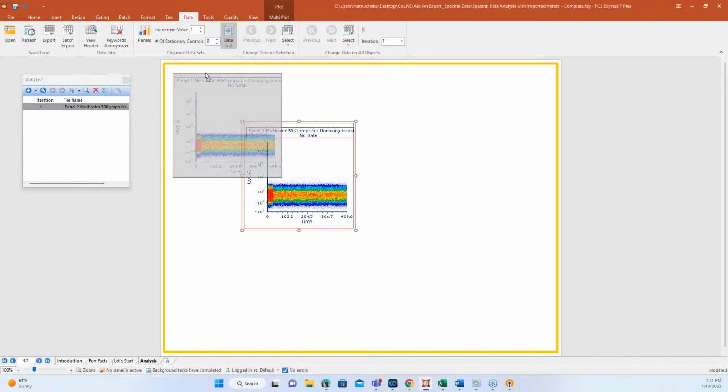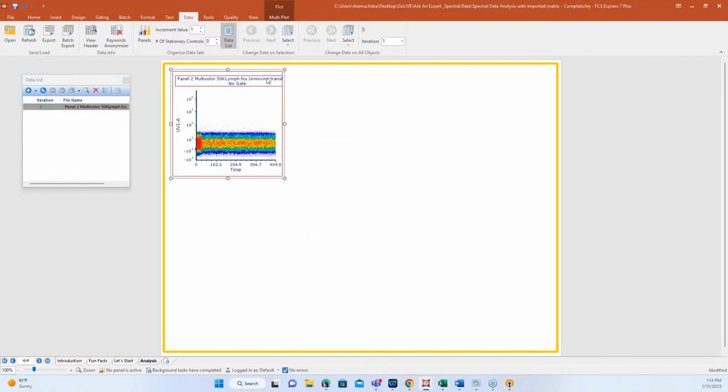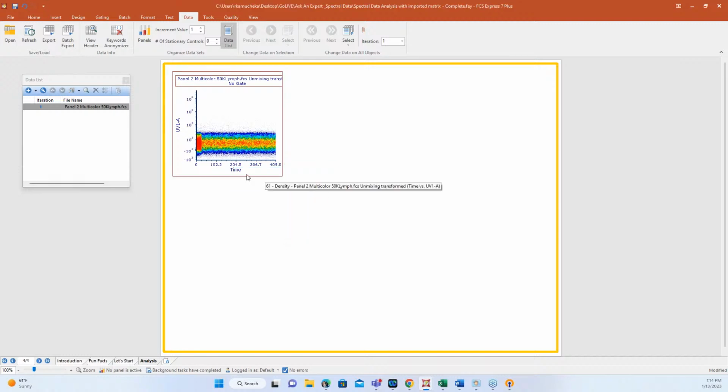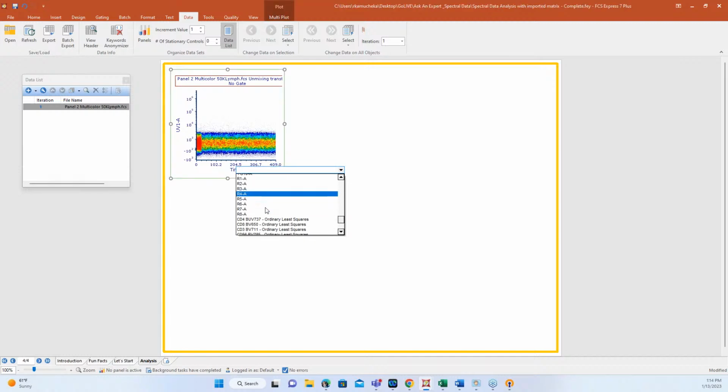When I bring it in, we're going to see I had set that unmixing transformation, or applied the unmixing, so that it's already applying to my data set. Now when I start looking at my detectors, I'm going to see all of my unmixed data files here at the bottom. I know the naming can be a little long. I'm working from a raw data file, so I have all my channels because I unchecked that box to let you see all of my individual detectors. But now at the bottom, I have all of my unmixed parameters here.